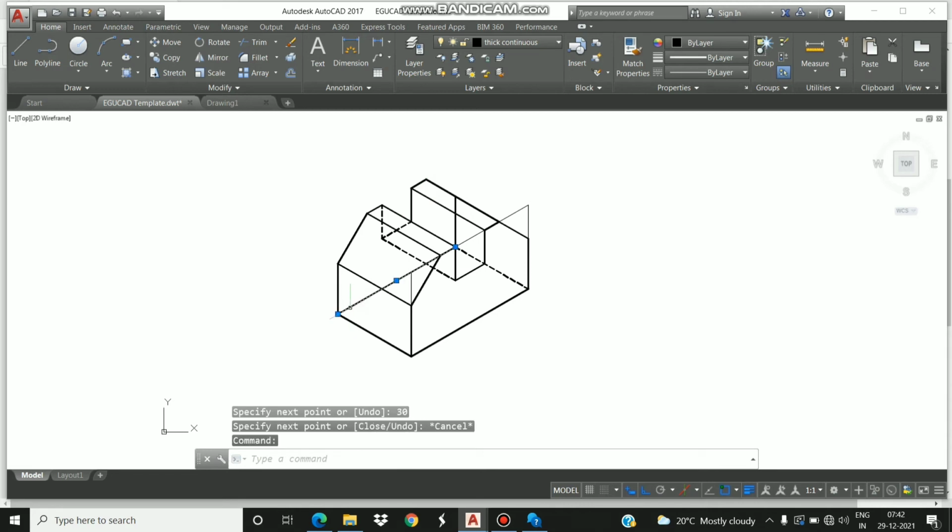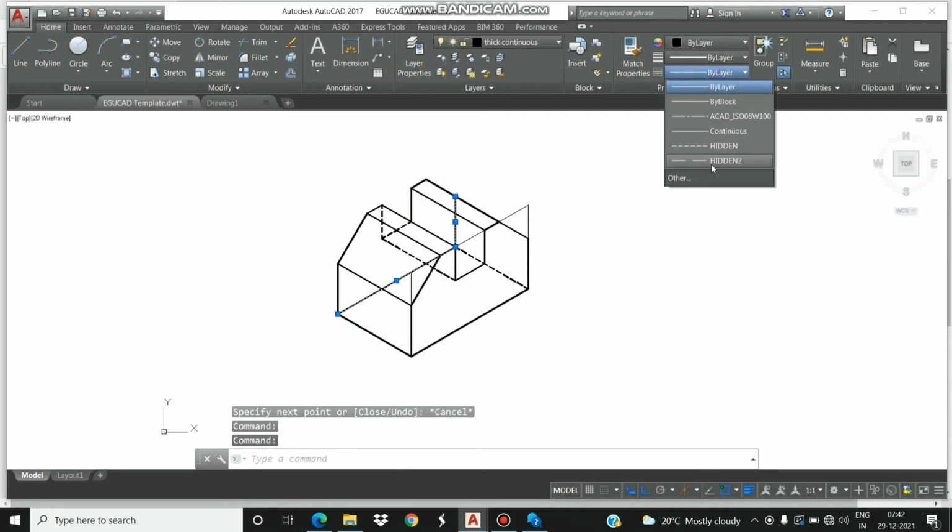And this line should be hidden too. Hence your figure is complete.